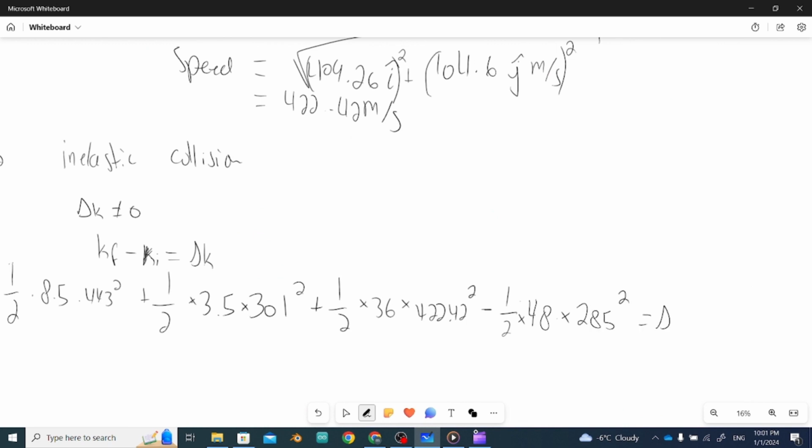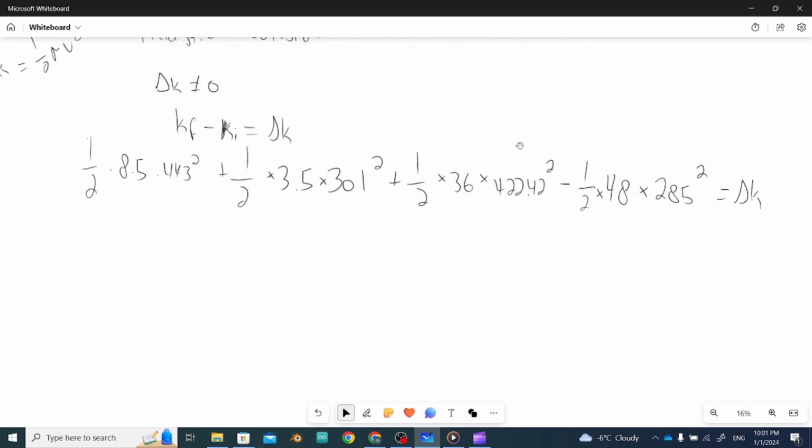And that should give us the change in kinetic energy, which we're looking for. So let's do all that. 1/2 times 8.5 times 443 squared, plus 1/2 times 3.5 times 301 squared, plus 1/2 times 36 times 422.42 squared, minus 1/2 times 48 times 285 squared, which gives us